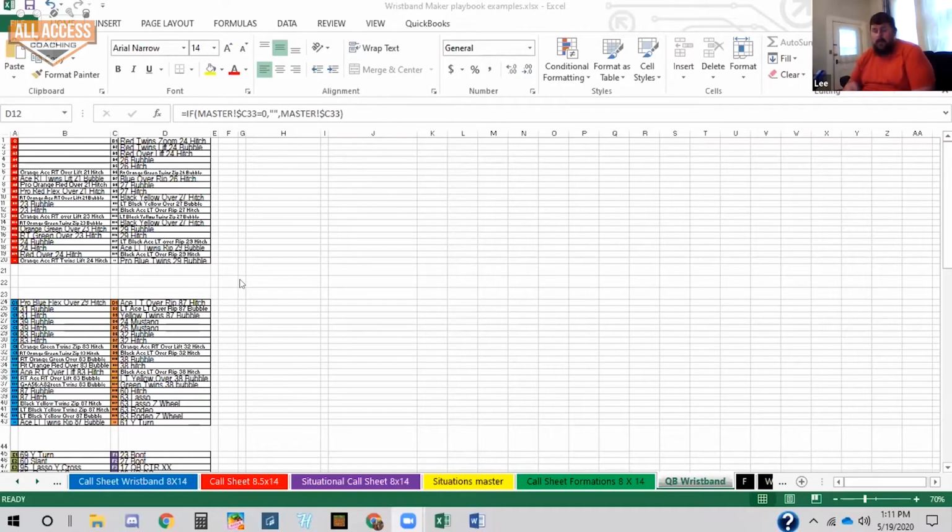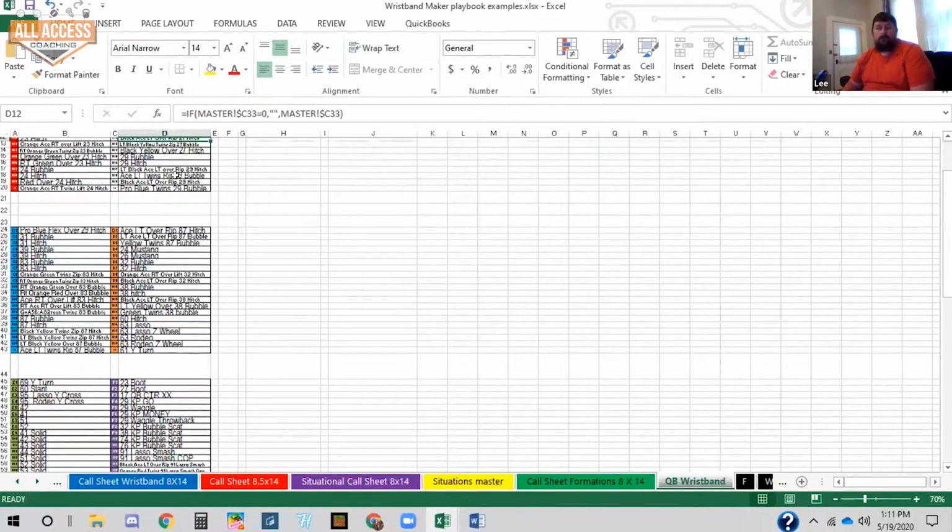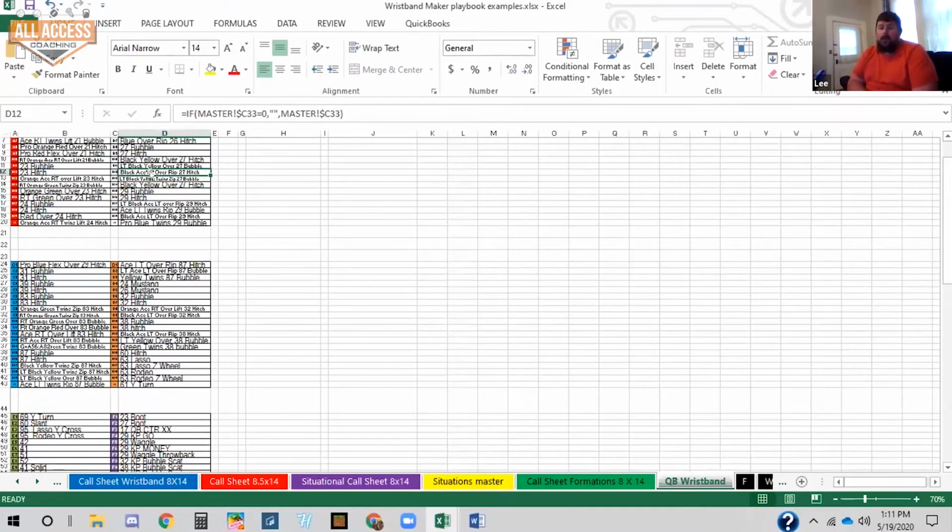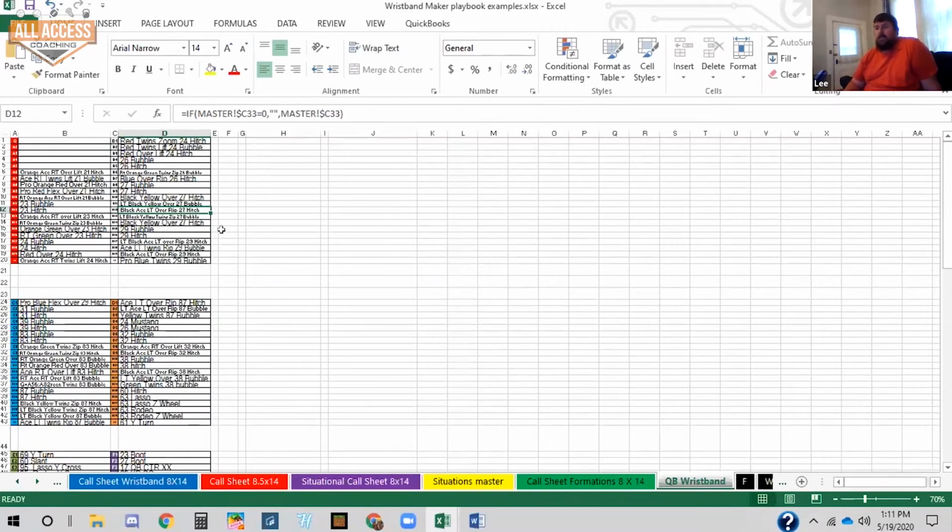A lot of people have the typical trifold wristbands where you can give this to the quarterback and they've got 3 sections they can look at. If you only have it for 10 plays, it's a pretty easy system. But the problem we were having is we were very wordy in our play calls. And anybody who is wordy, it takes a long time to call plays on the sideline. We wanted to use wristbands to speed it up. We wanted to use wristbands to teach the players when coach first got there. It helped the coaches and the players learn the plays, but it took a lot of time out of our day